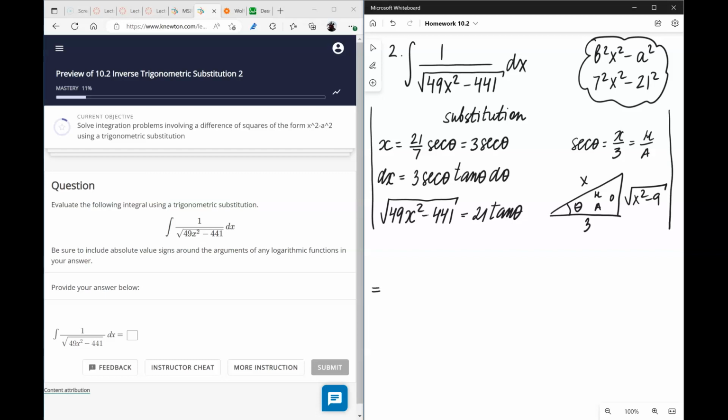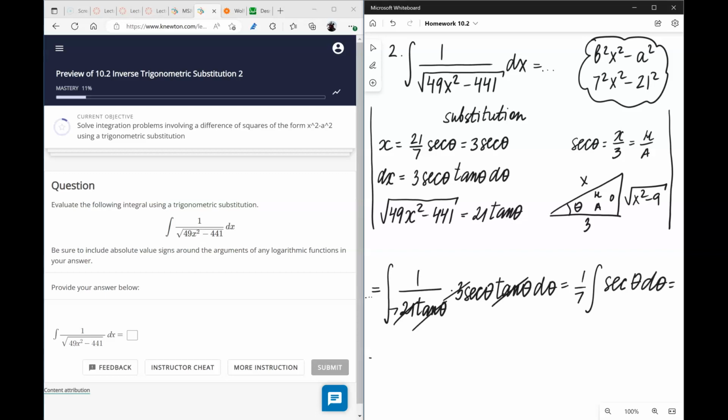So our integral now becomes, still indefinite, right? So we have 1 over 21 tangent theta times dx, times 3 secant theta tangent theta d theta, and we reduce everything we can, and we end up with a very simple integral. So we have 1/7 of the integral of secant theta d theta, which we know